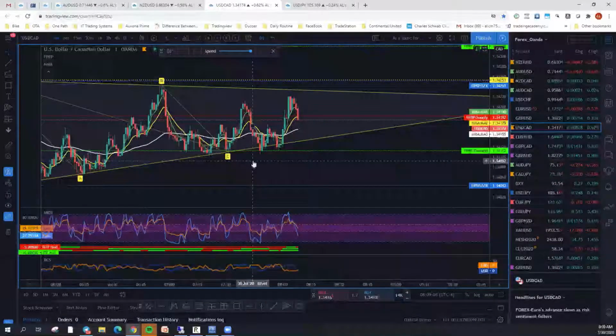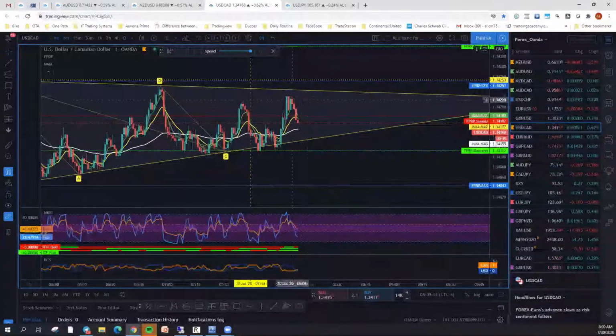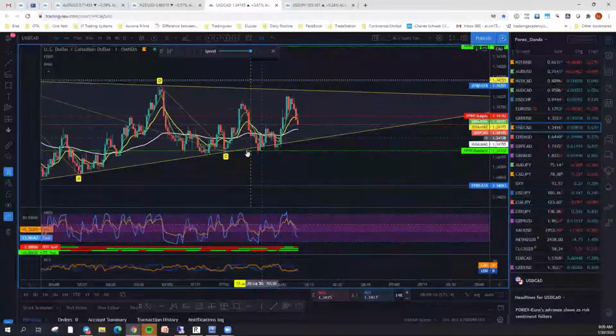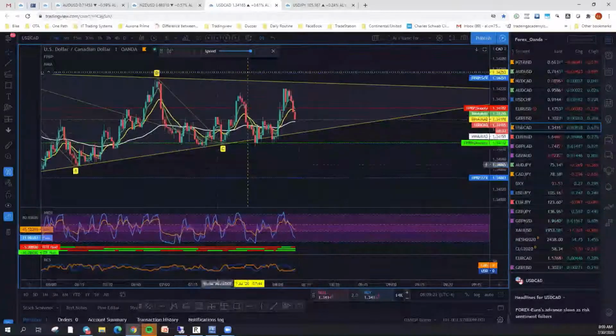Good morning, Matt. We did have a little bit of a breakout at the bottom, but it didn't really materialize. It went back out, came back in. This could have been a little bit of a fake out. We'd like to draw a 2-pip range underneath.